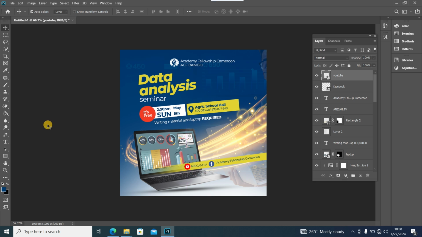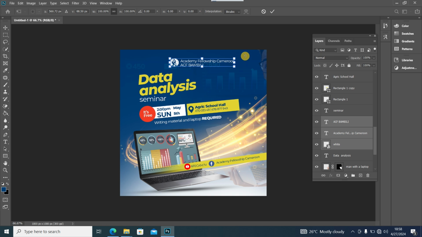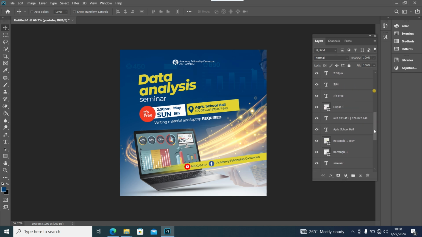But I think it's good to go. At this point, just going to adjust some few things again. If you can see, this is competing with this, so I'm just going to select everything at this point and reduce the size a little more, something like this. I think at this point this looks pretty good, so I'm just going to select everything and like that,